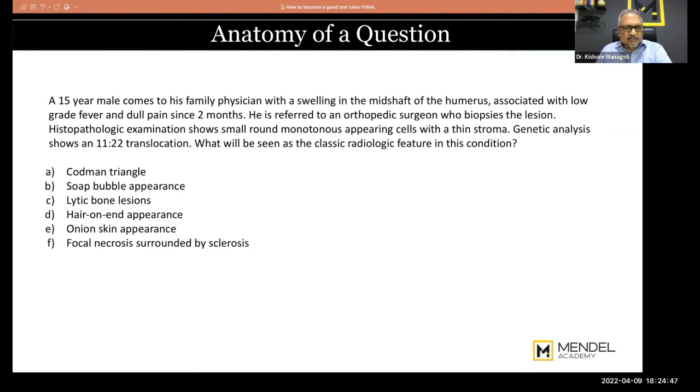What they're asking though is something else. They're not asking for the diagnosis of this patient. They're asking the classic radiologic features in this condition. Now, the first thing here, therefore, is for you to diagnose the disease, and then you will be able to tell. So this is called a two-step question. The first step is to diagnose, and the second step is to identify the classic radiologic feature of this. So right now, because everybody is on mute, I would not spend too much time on this. We will come to the diagnosis eventually, but right now I am more concerned about how you will go about